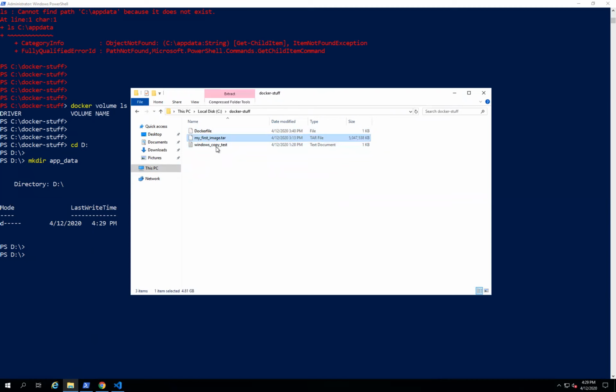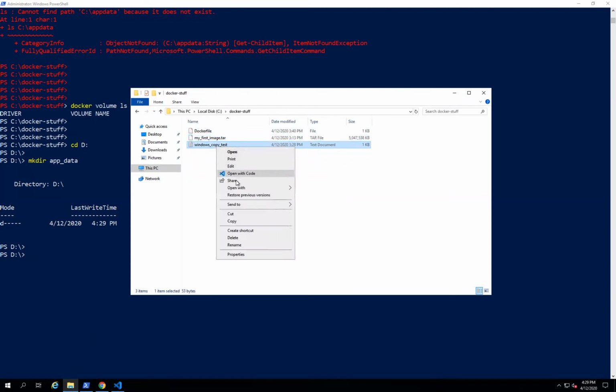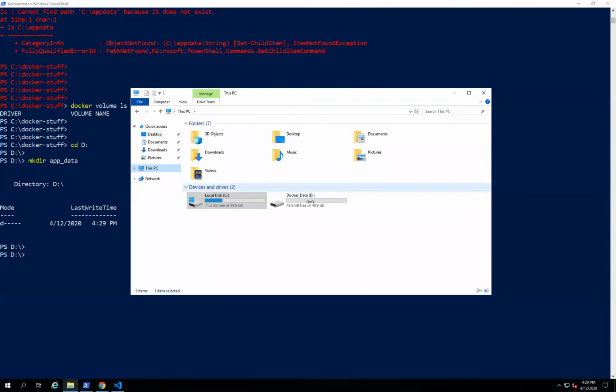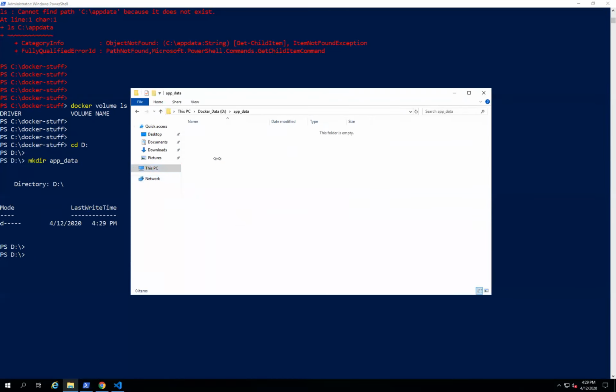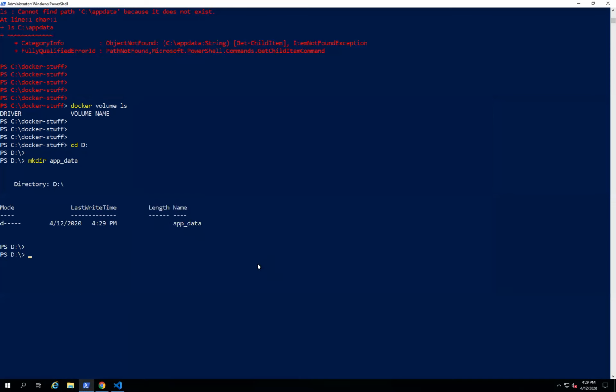This file I want to copy at this location, D app data. Okay, so I'll run a container, and I want to mount this app data inside a Docker container as a volume, and then we'll play around with that.